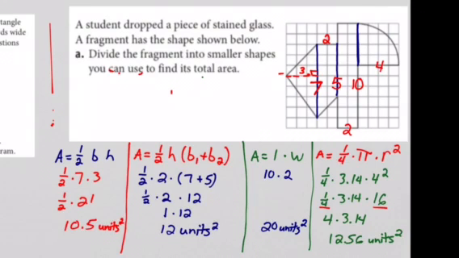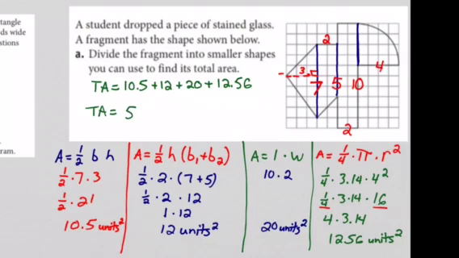Now, if we look down across my answers, it's pretty easy to tell what my answer is. Because if it says units squared, or if this was yards, yards squared, or inches, inches squared, you know that is your area. So now what we're going to do is find the total area. So I know my total area equals 10.5 plus 12 plus 20 plus 12.56. And when I add all of those together, I get a total area of 55.06 units squared. All right, now let's move